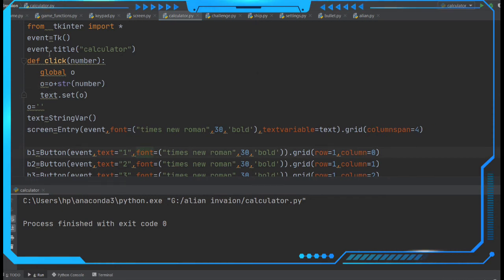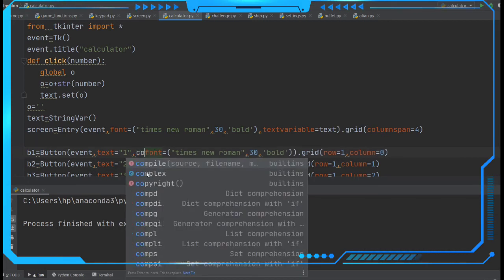After defining this function here, we have to call that function. Where we have to call that function? We have to call that function in these buttons. So whenever we are going to click this button, then the function should happen. So we have a command like